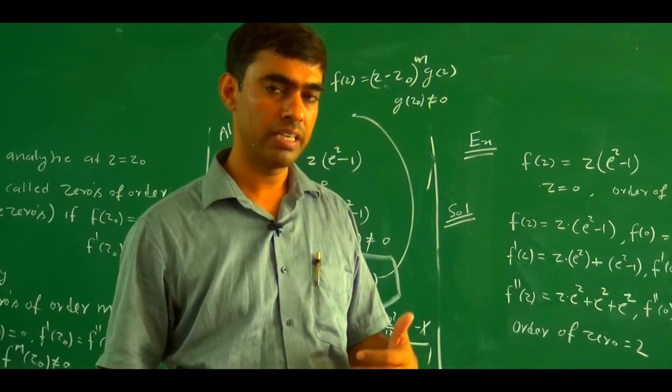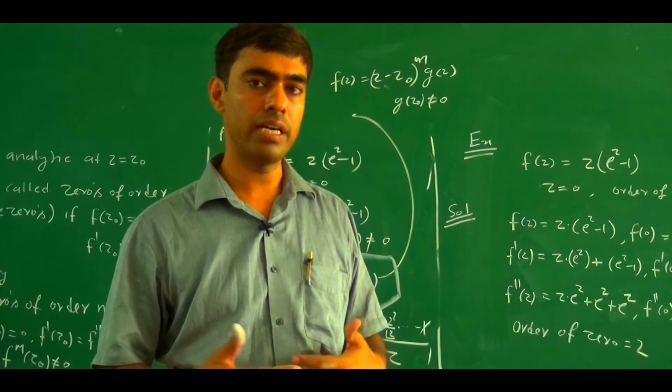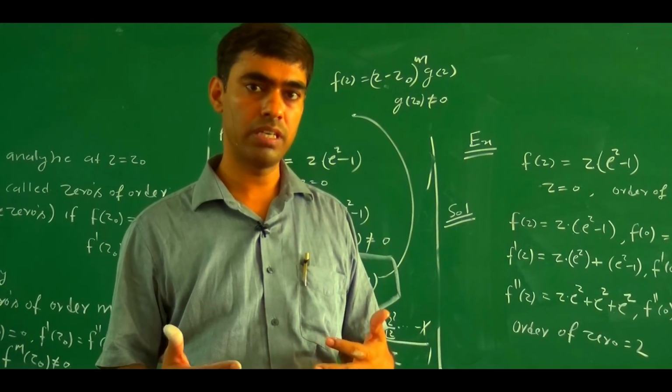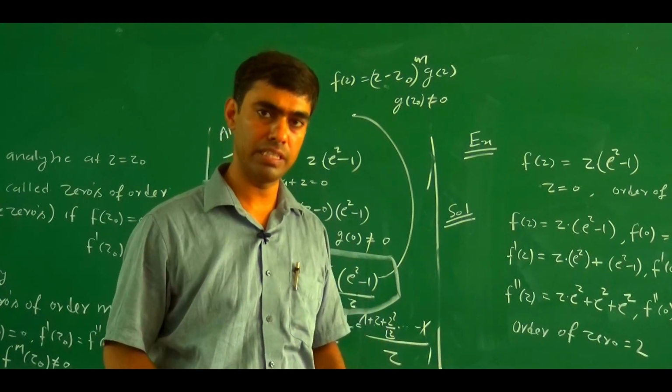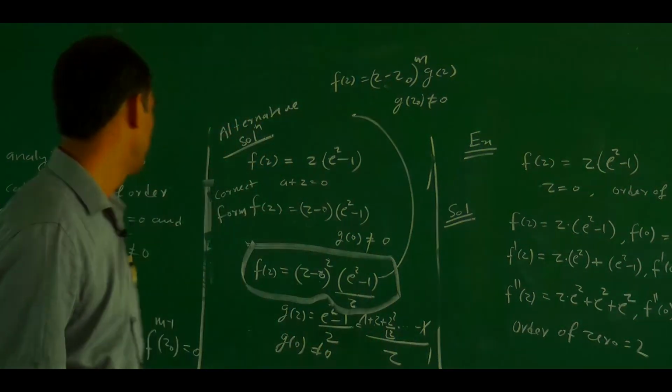Later on we try to link the pole and zeros, meaning how we define the pole with the help of a zero. That's why first we define the zeros. Now next we define